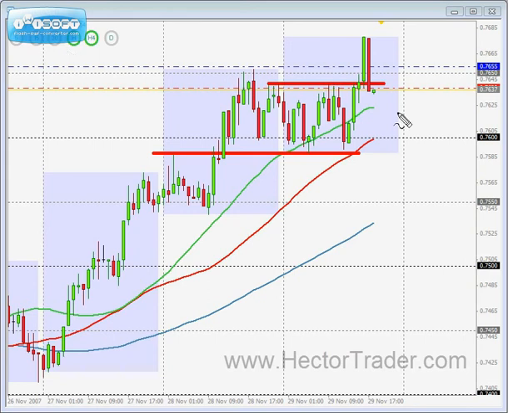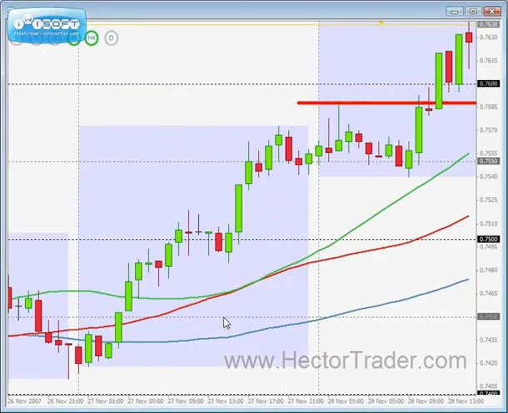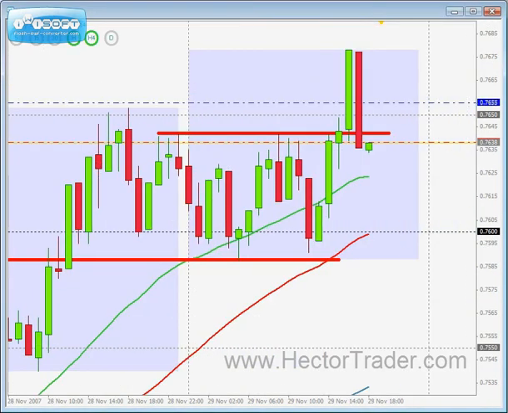Final update on this video. As you can see, this was my entry level, the 0.7655 level. Upon entry, price moved very nicely in my favor with that long green bar you can see there. Actually, let me zoom in a little bit. Very nice momentum to the upside. Price moved about 20 pips in my favor, but from there it snapped back down, even faster actually,